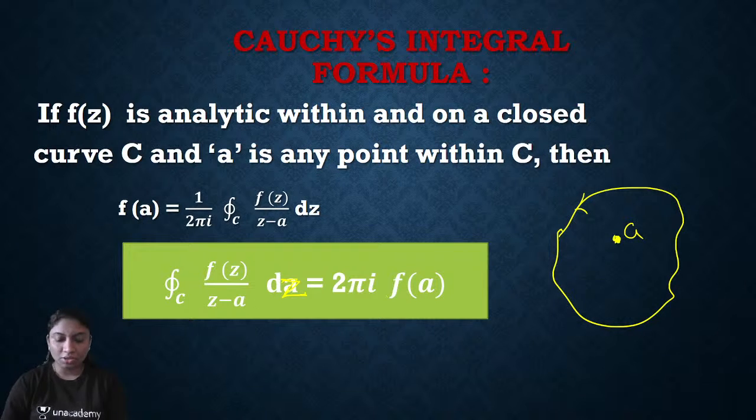Okay. Now see, so here f of z upon z minus A dz, which is equal to 2 pi I into f of A. So you will get here,